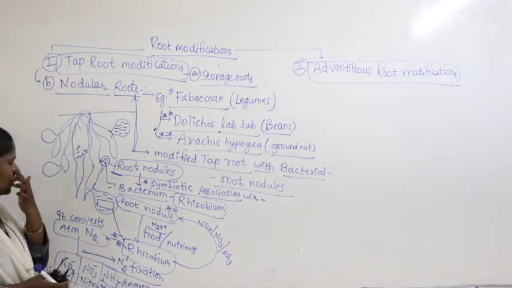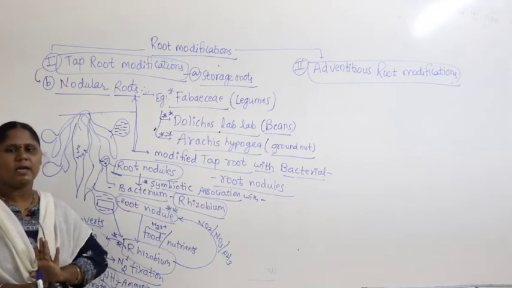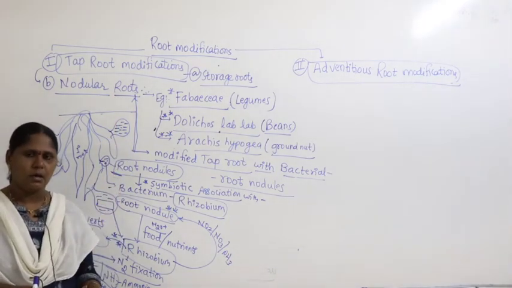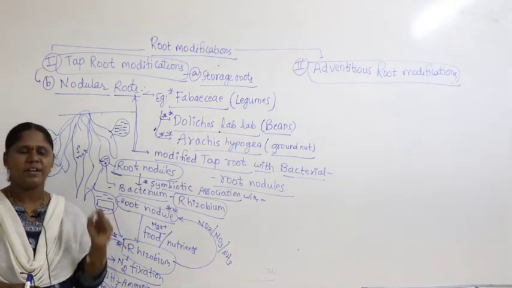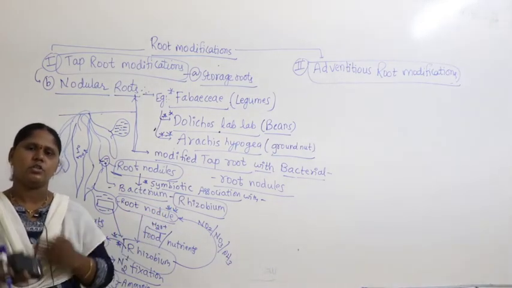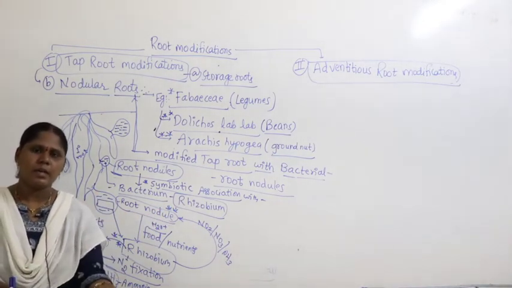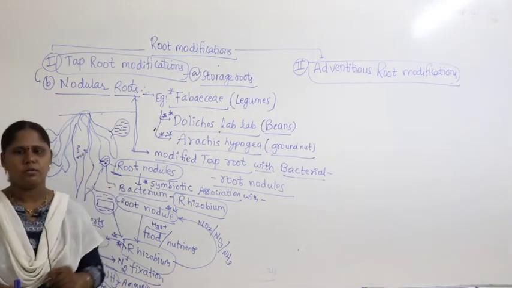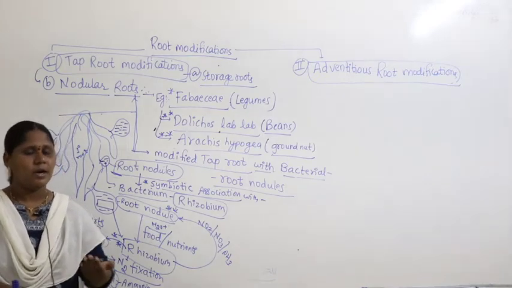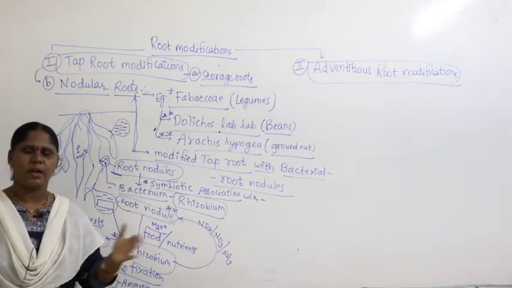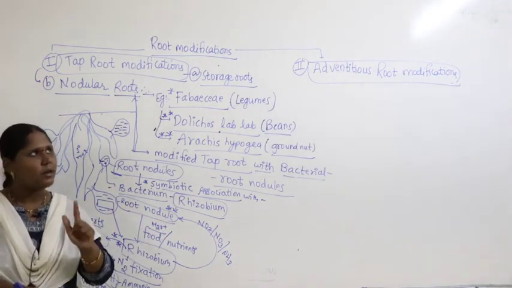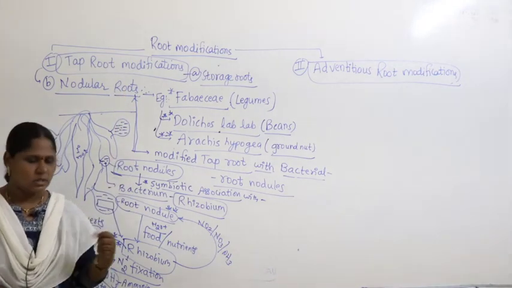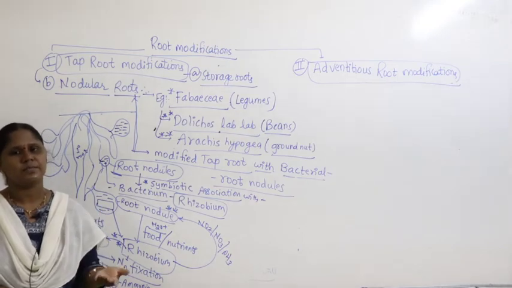Why does it have to give it to the plant? Because plant cannot make use of atmospheric nitrogen directly, but plant is in need of very large quantity of nitrogen. Atmosphere has a lot of nitrogen, a major component. Plant also requires large quantity of nitrogen, but plant cannot take nitrogen from the atmosphere. So, see our nature, how wonderful it is.